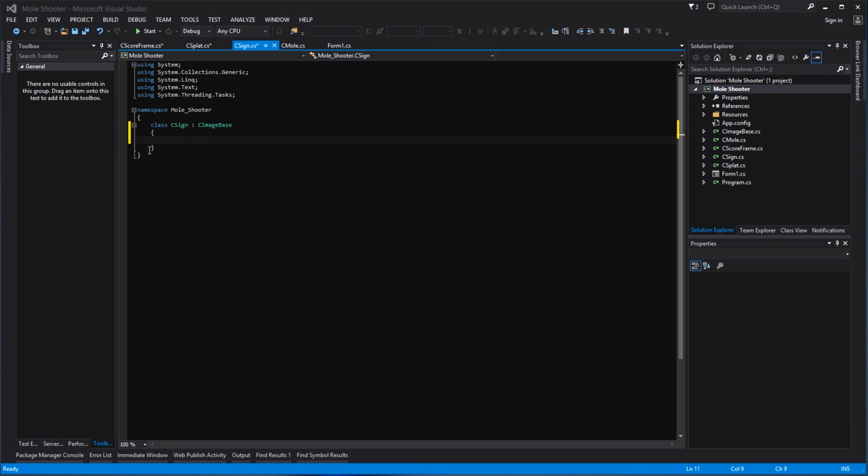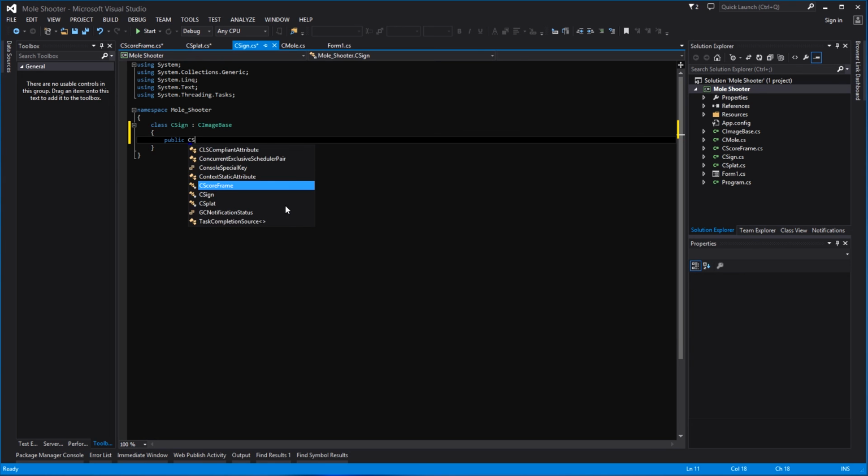And then in here we need to pass into the base class as constructor the actual image that we want to display on the screen. We also need to make this method publicly available outside of this class, so we are going to give it the public prefix followed by the class name, which is CSign, and then the base class, some parentheses in here followed by resources,